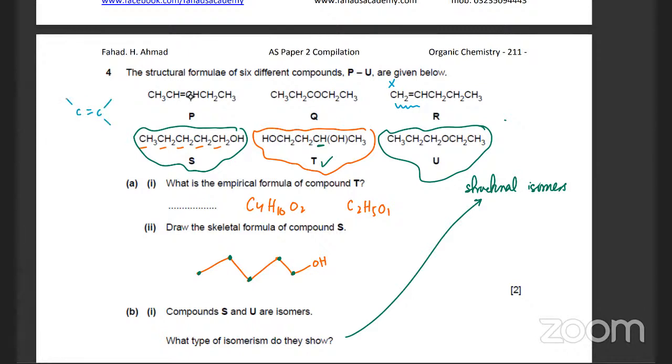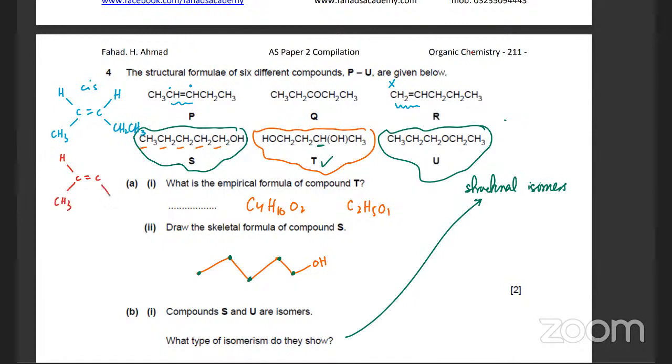Around the double bond, the molecule is flat. So that's your double bond. This carbon over here is bonded to an H and a CH3. The carbon on the other side is bonded to an H and a CH2CH3. So this is the cis version of the molecule. And there's going to be a trans version of the molecule where everything would be the same, H and CH3,